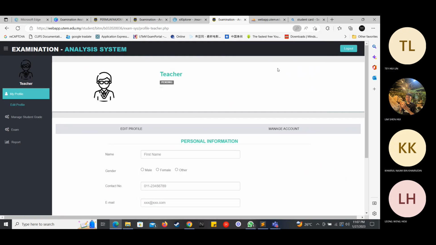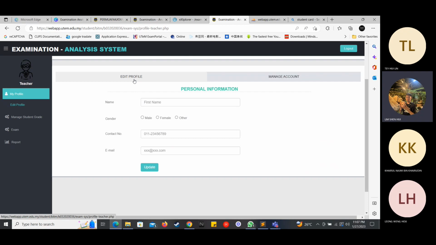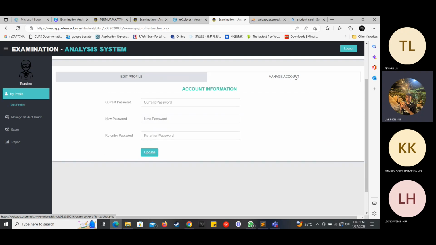Okay. After signing in to the teacher role, here is the interface for the teacher. Here is the edit profile and manage account. Manage account means updating the account information, like the password.